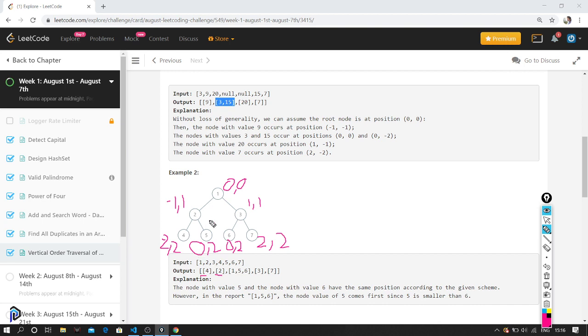In the 0th column we have 3 elements: 5, 1 and 6. But we have to print them in top to bottom order. So first we will print 1, then we will print 5, then we will print 6. Okay, so the printing should be based on this index, based on the level. Okay, 0, then 2, 5 and 6. And finally we go to the first column. In the first column we'll print 3, and in the second column we just have 7, so we print 7. Okay, I hope it's pretty much clear.